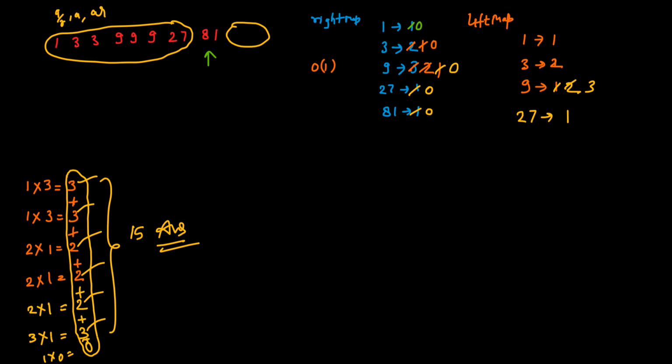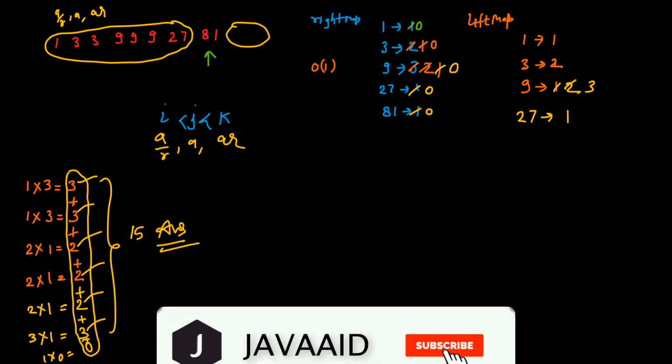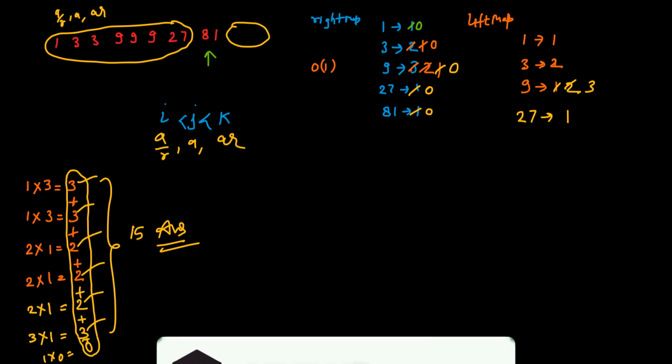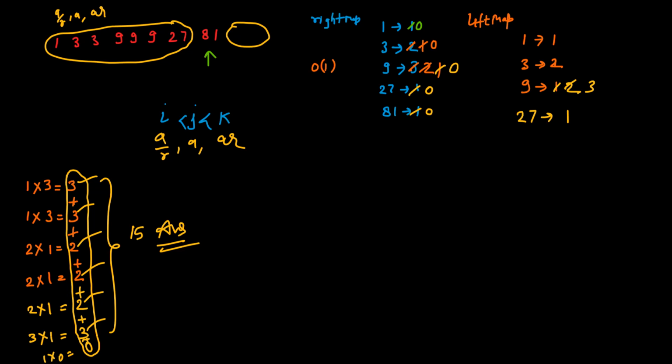Why are we doing this, guys? Just because we do not want to mess up with the indices. We always have to make sure i should be less than j and j should be less than k. So basically, if we are taking elements in the form of a GP, we always have to make sure we are forming a GP, and if we are treating A as j, then it should always be greater than i, and this should always be less than k. So we are treating A as the middle element, and one element exists on the left hand side and one element exists on the right hand side, then we are good. I hope, guys, you've got the idea.